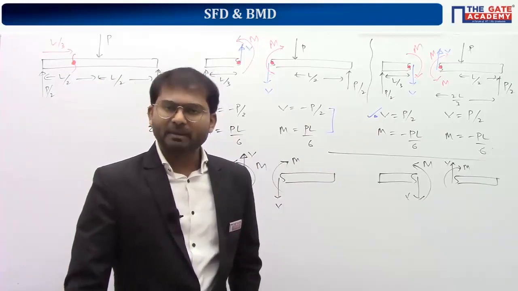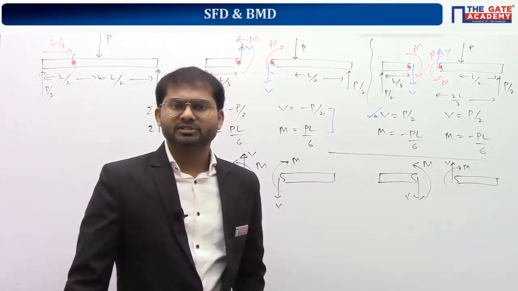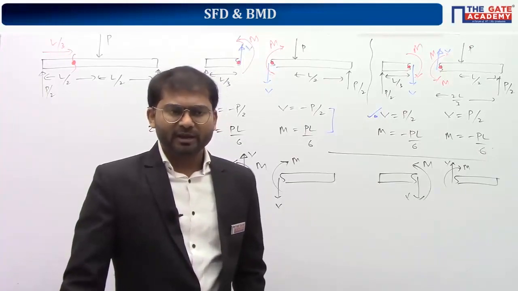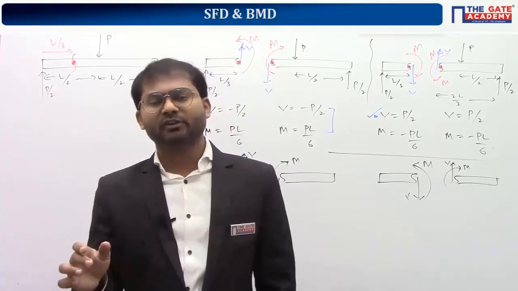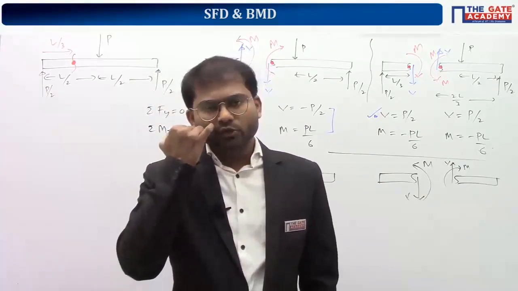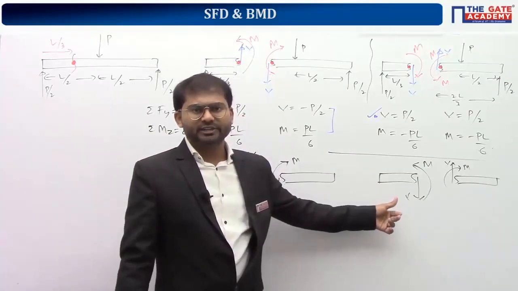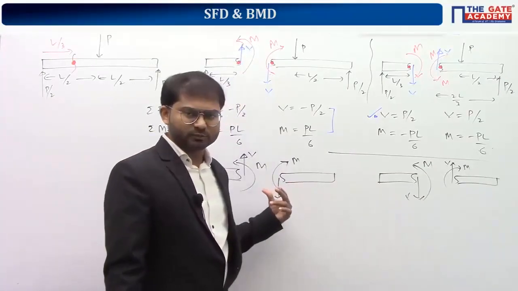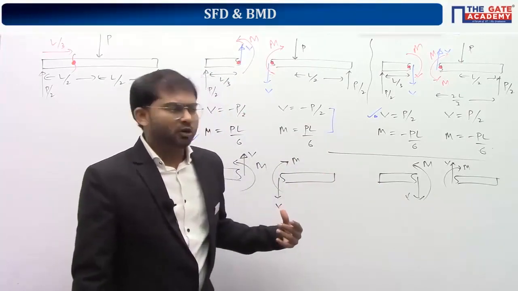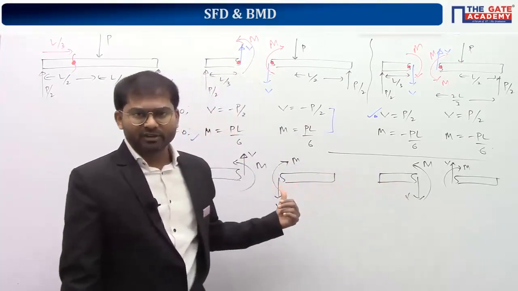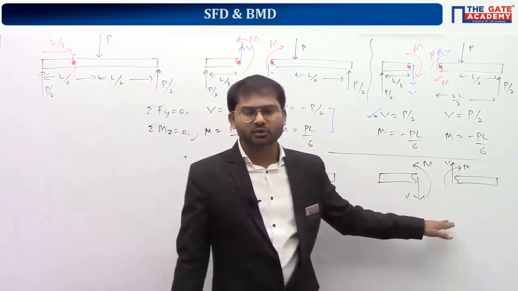Because for bending moment, there is a concept we're going to see immediately, sagging and hogging. Wherever the bending moment is a particular way of bending, we call it sagging, and the other particular way of bending, we call it hogging. Whatever the convention they are following, whether it is an Indian author textbook or a foreign textbook or NPTEL, they are following the same convention for bending moments, because left cut means anti-clockwise, right cut means clockwise. Same thing here also.